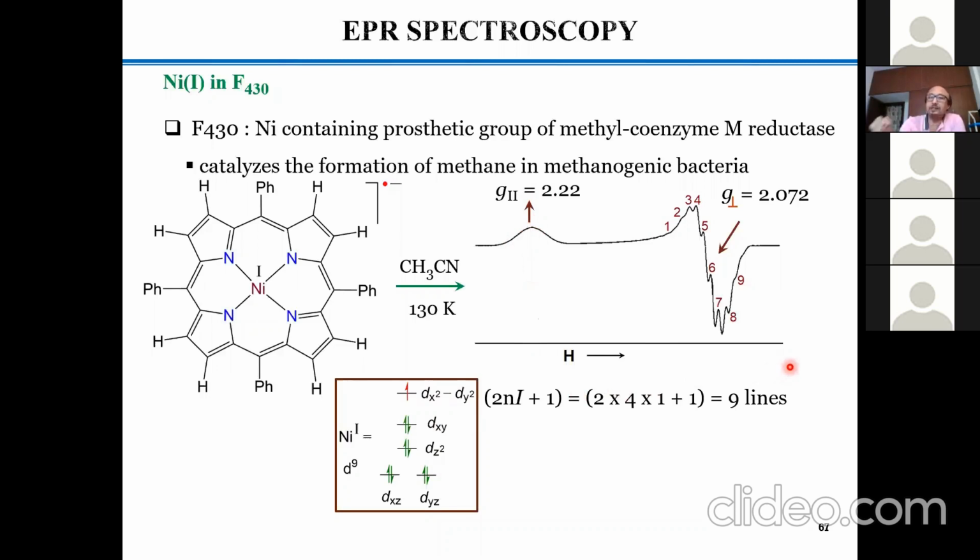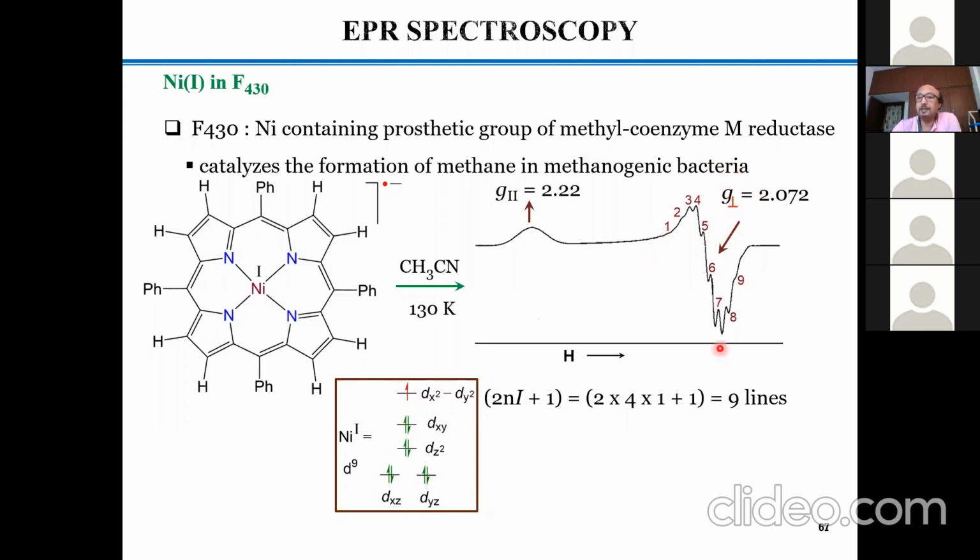So all are placing together. Right? You can put all these concepts and ideas together, then you can interpret this spectral profile very nicely. And so it tells us this is the axial spectrum. It tells us this is the parallel axis. It tells us this energy would be lower because of the factor of d z square being lower over here, and d x square minus y square means the plane where you have the maximum concentration of the ions, and that intensity would be high. And now you see this is called perpendicular, right?